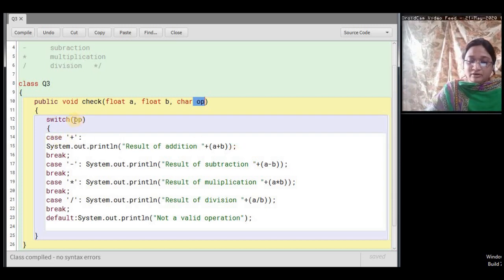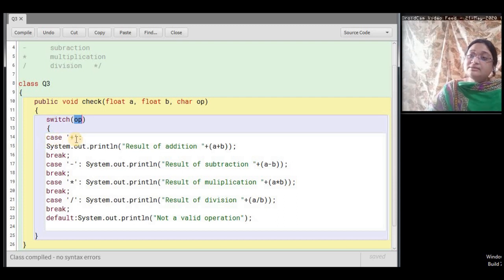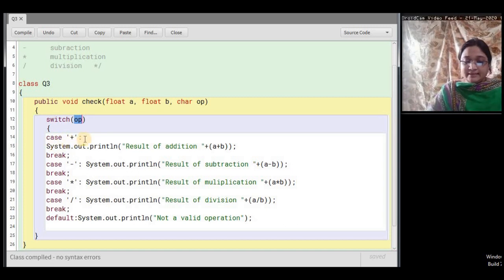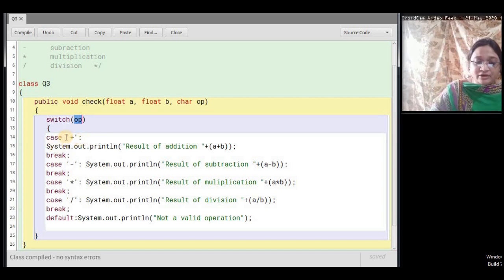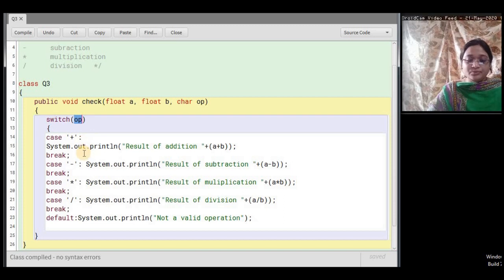What are the operators that we will use? We will use plus, minus, multiplication and division. So our case values will be these operators. Case plus, as it is character type, we have to enclose it within single quotation, then plus, and give a colon.